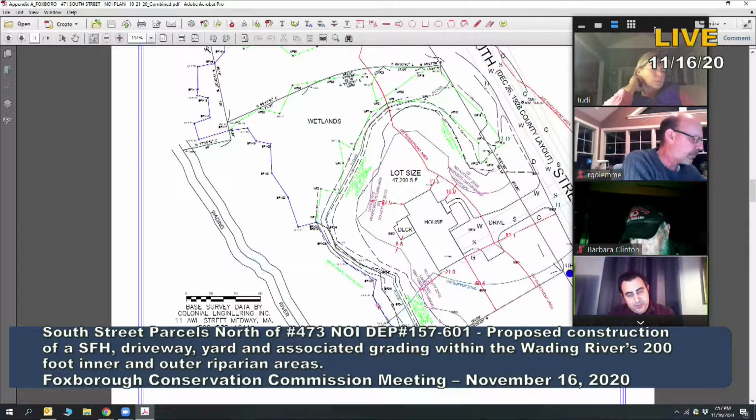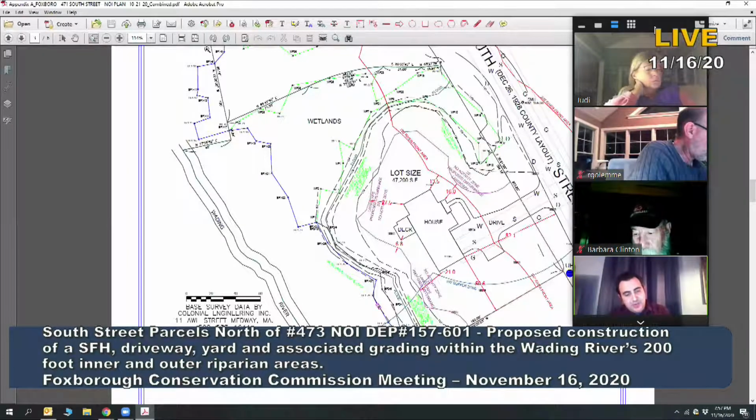So we had an introduction and existing conditions, then we described all the resource areas on the site, then we described the proposed work, and then we had a regulatory compliance section and the mitigation section, which is on page 14, and that describes specifically we are proposing